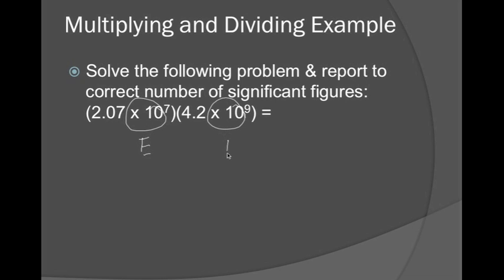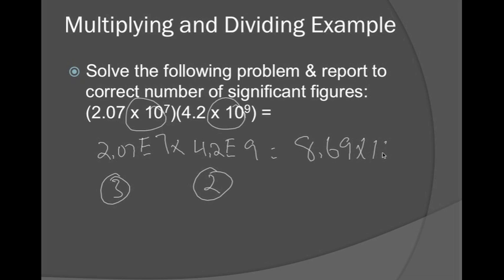To get the E all by itself, you would just press second comma. And basically what it would look like in the calculator, we have 2.07 E7 times 4.2 E to the 9th. And we see that looking at significant figures, 2.07 has 3 significant figures and 4.2 has 2 significant figures. So when we multiply these guys out, we'll get an answer of